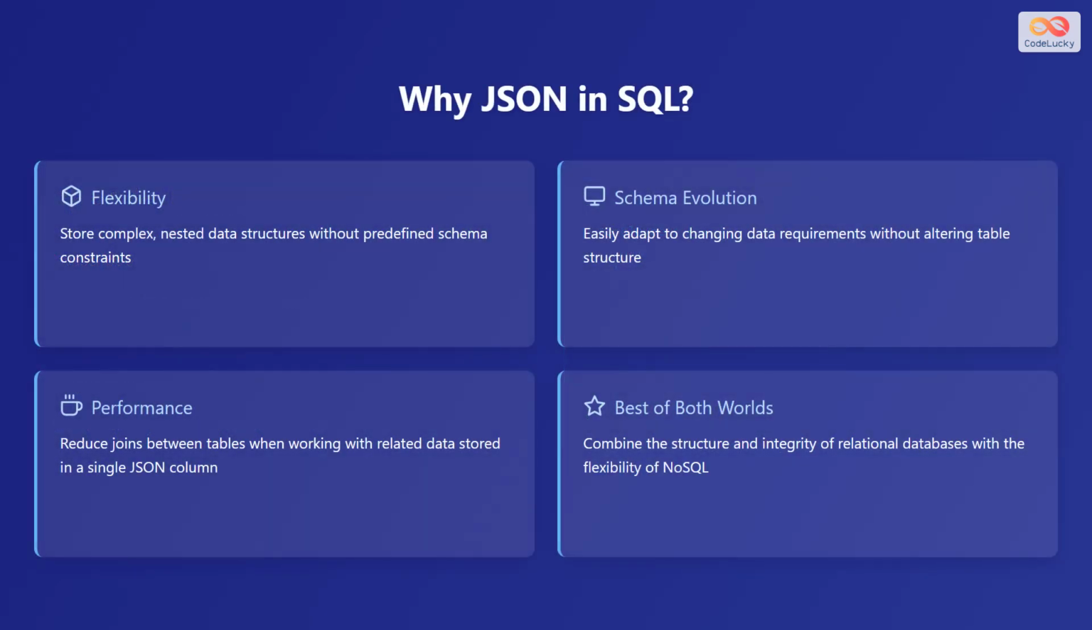Why should we use JSON in SQL? Well, there are several compelling reasons. First is flexibility. JSON allows you to store complex, nested data structures without predefined schema constraints. This is beneficial when dealing with varied or evolving data. Second, schema evolution. JSON makes it easier to adapt to changing data requirements without needing to alter the entire table